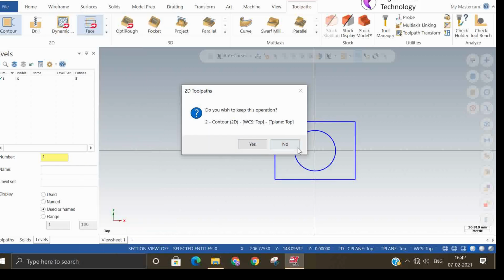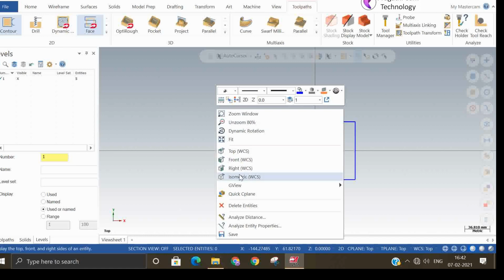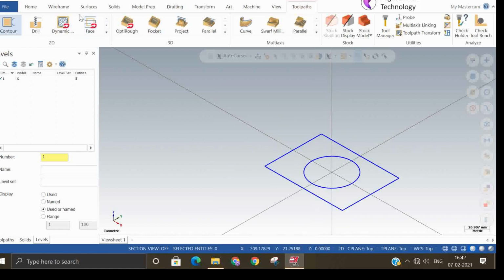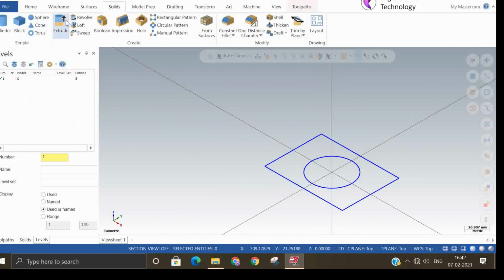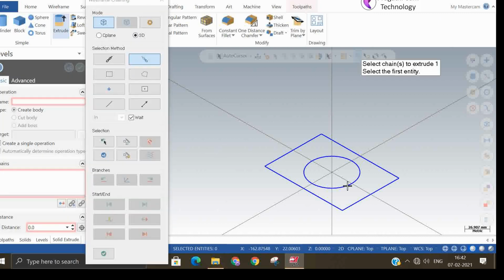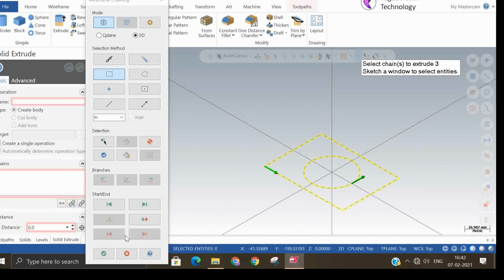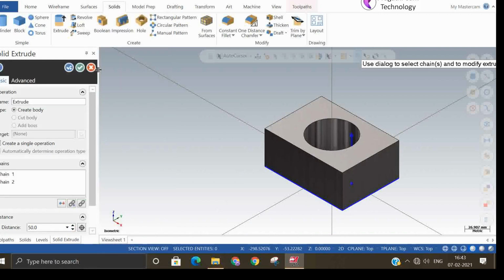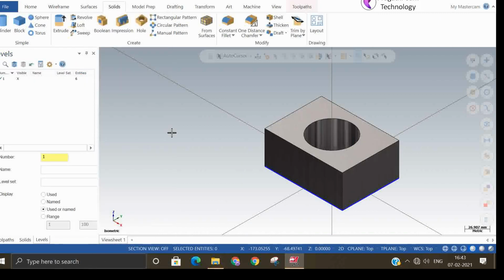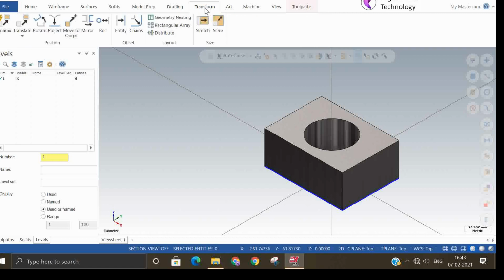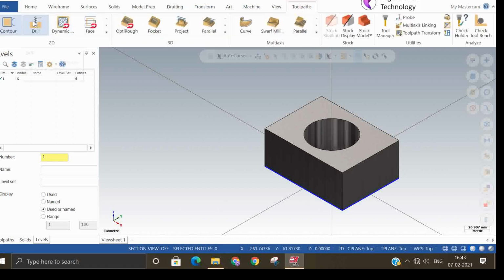In case you have a solid, you can use the solid selection. So now we say extrude selection, window selection you can make. Suppose if you want to do the solid selection here, if you want to make a toolpath, so now we'll say toolpath, pocket toolpath.